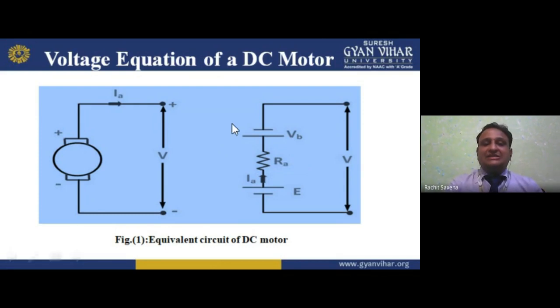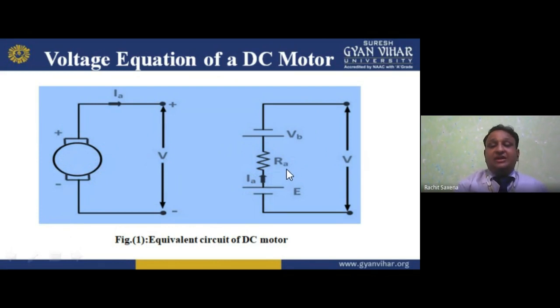Now I am taking the separately excited one, that is the external source here. What happens, my dear student, is here is the armature. This circle always represents the armature, and here we are giving the supply V. Through this the armature current is introduced in it. I am representing here, my dear student, that VB is applied, that is back EMF, the induced EMF. Here I am representing the armature, and secondly I am showing you its resistance, that is R.